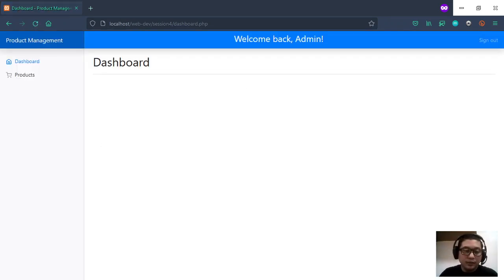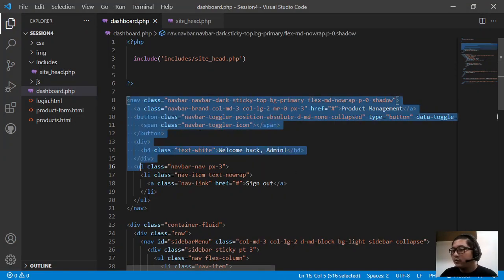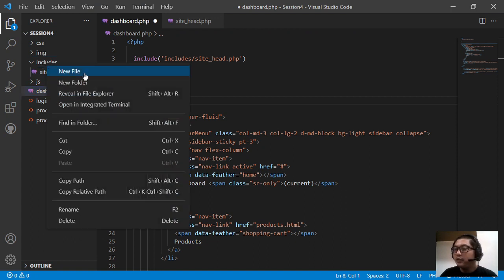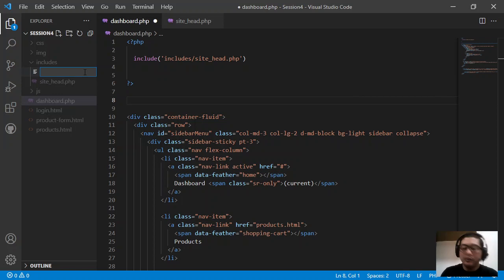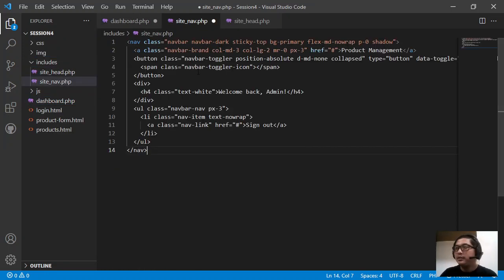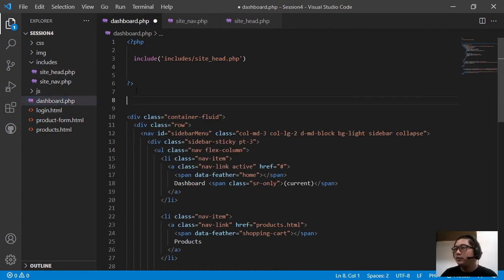So now I'm going to browse the navigation, this one. So I'm going to remove this one, and it depends upon your needs. Okay, if you need to slice something, then do it. If not necessary, then you don't have to slice them anymore. So nav.php. Okay, now I'm going to paste that here, save, and from the dashboard, since tinanggal ko dito, I'll just include it here. So include,